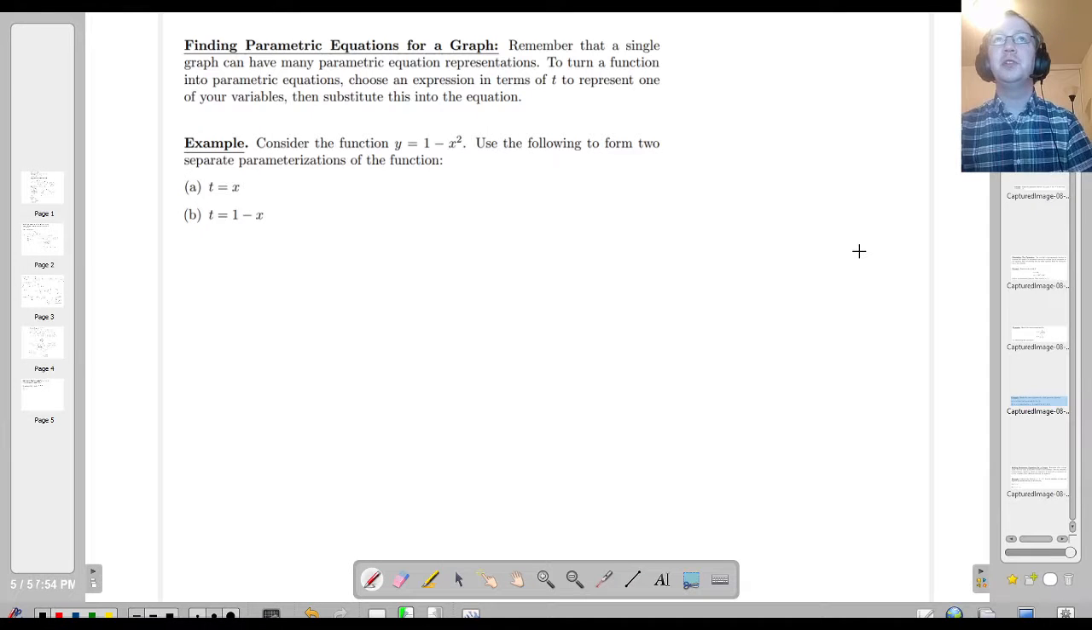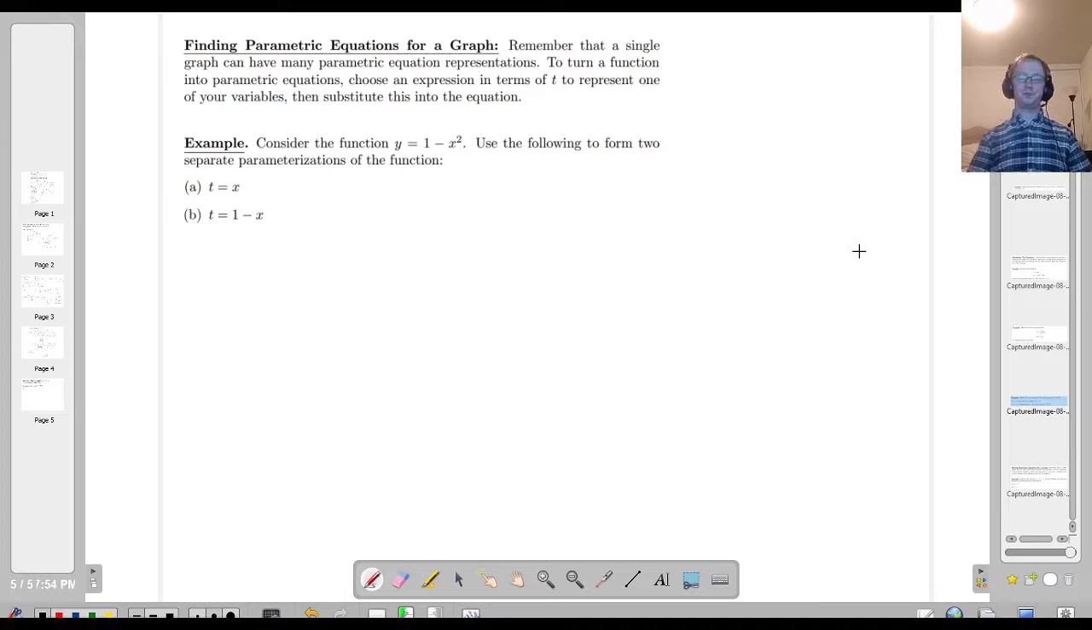In this video, we're going to do the opposite of eliminating the parameter. In fact, we're going to take non-parametric functions and parameterize them. In other words, rewrite them as parametric functions. Basically, our process to do that is to pick one of our variables and choose some expression in terms of t. It could just be t, could be 1 plus t, could be 1 minus t squared, anything you feel like. And we're going to use that to parameterize our function by plugging it in for the other